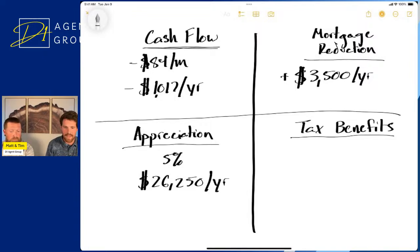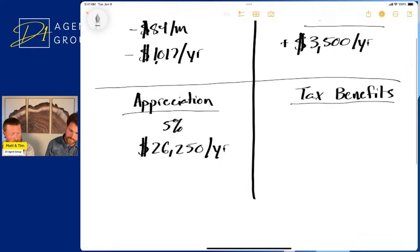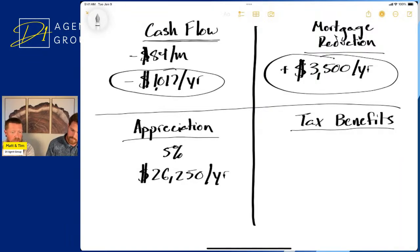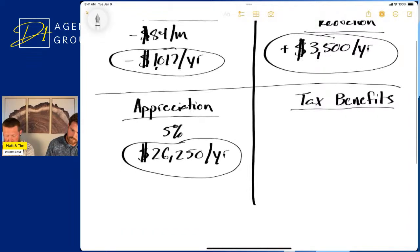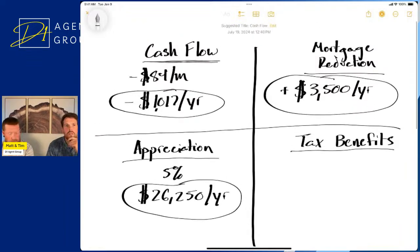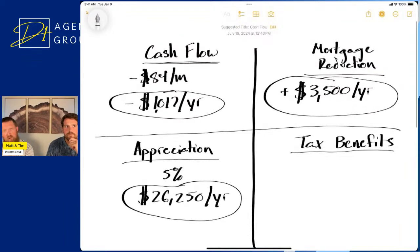The next one, do we want to add that up? Let's add that up in terms of what our potential return would be. Yeah, absolutely. So our total, we take the negative $1,017 plus $3,500 plus $26,250, and we end up with $28,733. So if we're holding this property, hanging on to it, we put $115,700 into the down payment, and we're going to gain back $28,733. Not realized yet, but this is something that has come back to us